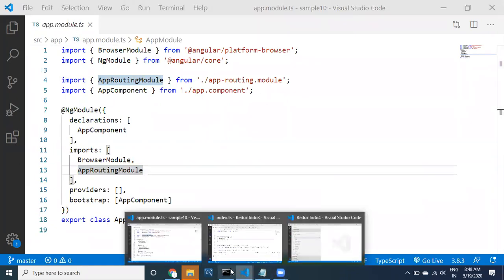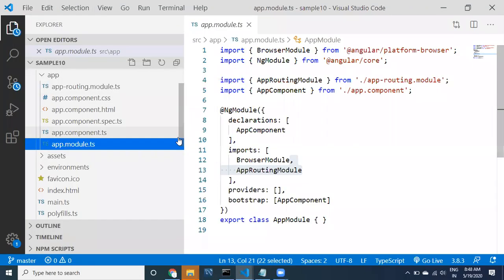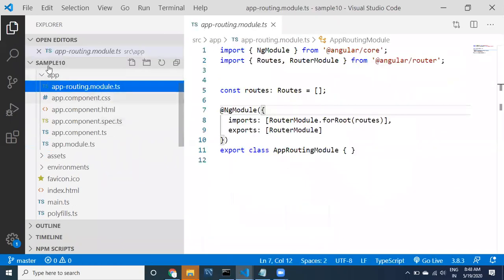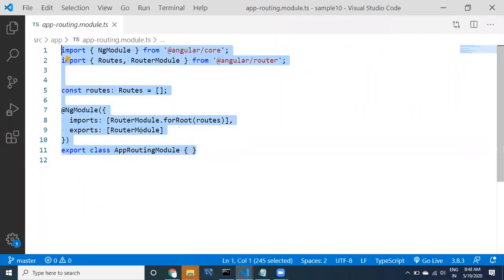Okay, so let us go back to the code. That is the observation we have done. We did not write any code until now. I just told you that by default the app module got imported, and then there is the app routing information. This is the routing information. Just two things you need to observe.